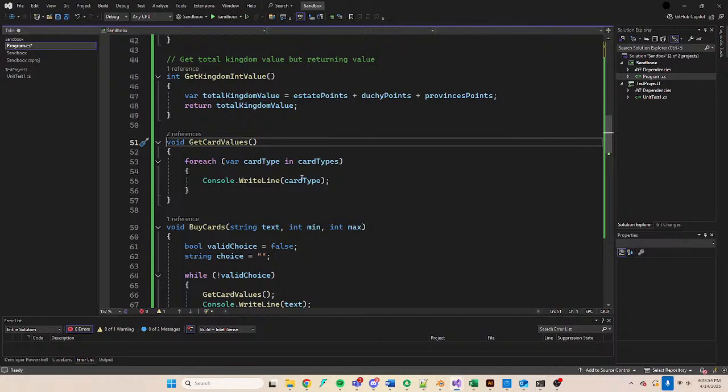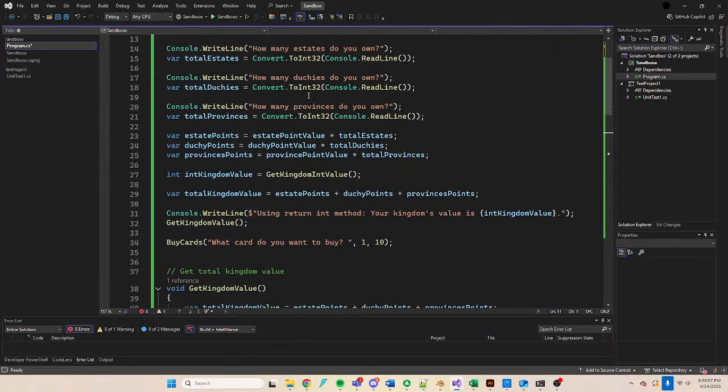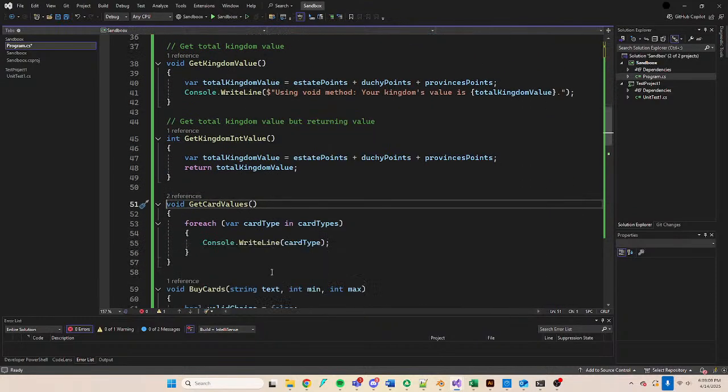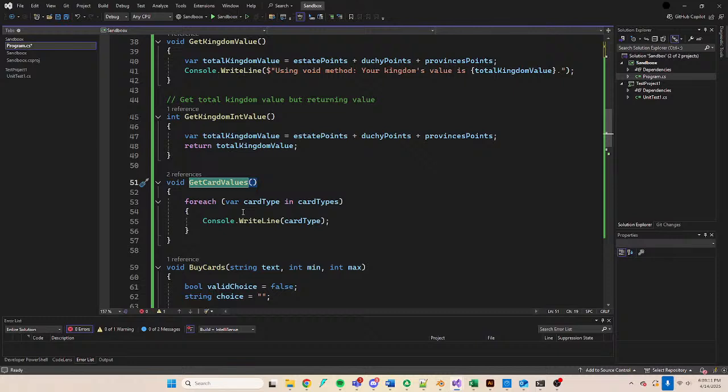In general, every method that is currently running has its own little pile of data that the other methods that are theoretically still running, for example, from the main method, what we call into get card values. Theoretically, this get card values doesn't access the original method's memory, and the original doesn't access this